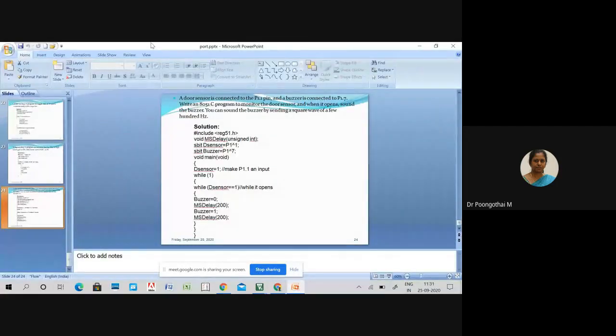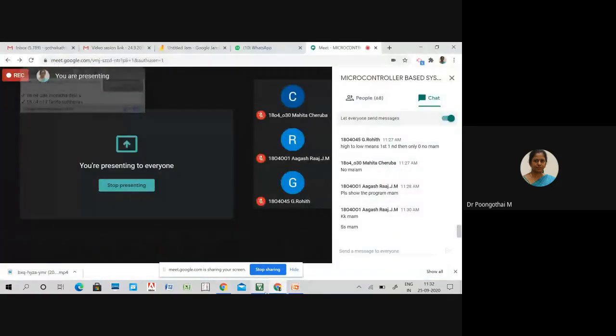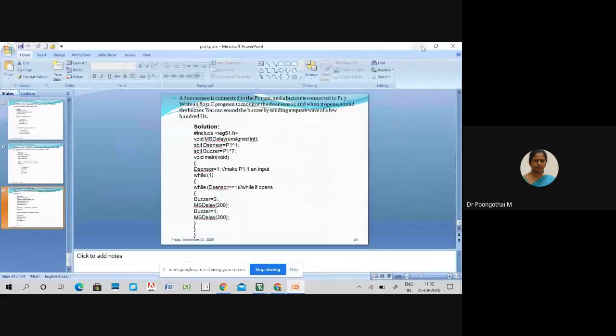So if you have free time, please try all the codes in Keil MicroVision. Embedded C programming is very important for developing real-time applications. So you should be familiar with this in embedded C. So please try all these programs in your Keil MicroVision. So next we will go on to timer modules.